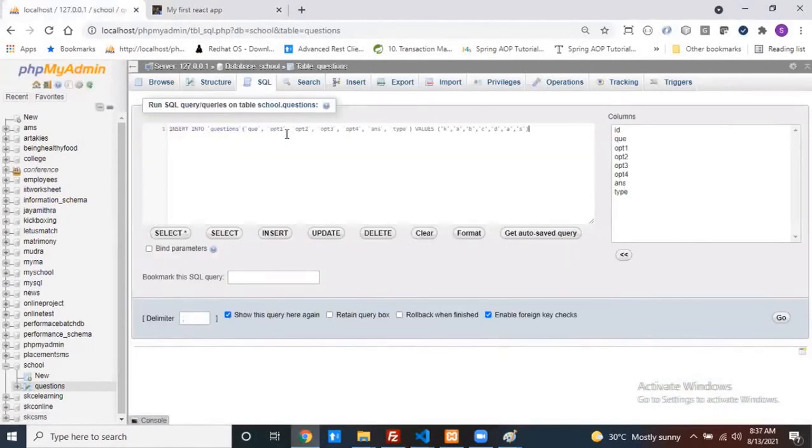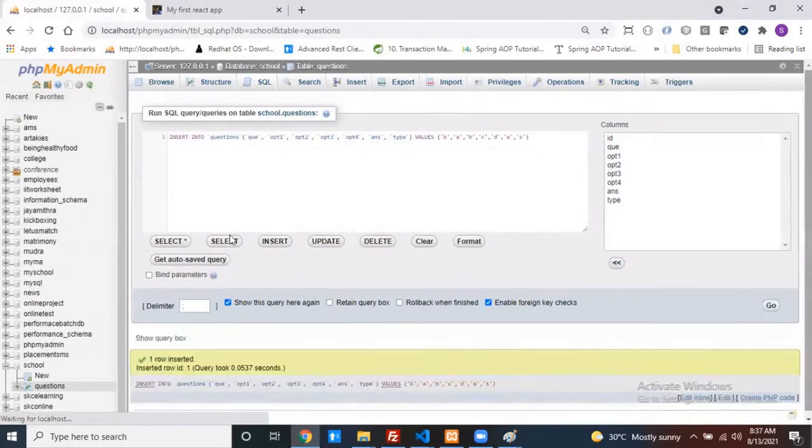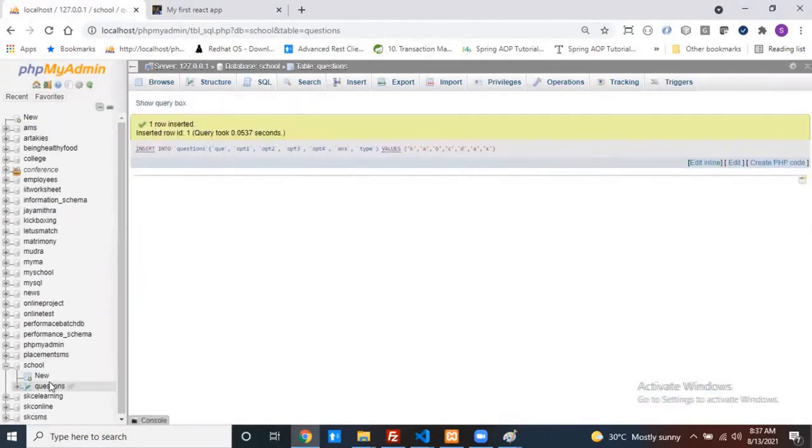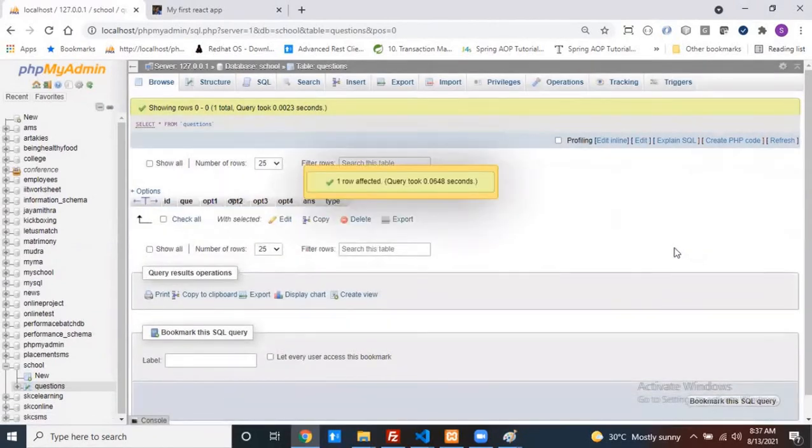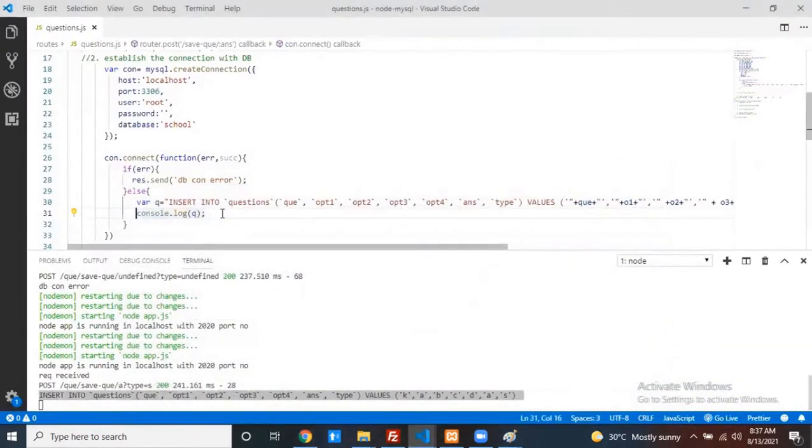Just run this query. Just go. Now see this, one row inserted. That means the query you built is working as expected. So this one is not required, just delete it. Yes, the query you built is working as expected.